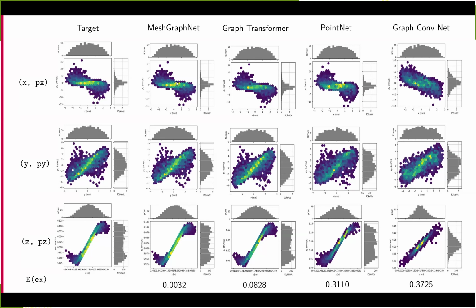So yes, and so this is done for the GraphNet. We use the graph transformer as is, meaning we do not touch the architecture. Clearly, we tune its parameters. This is the PointNet that I introduced before, and this is the graph convolutional network that was used in the past, and for this reason is used for us as a baseline. What we can see from here is that the graph network performs best.